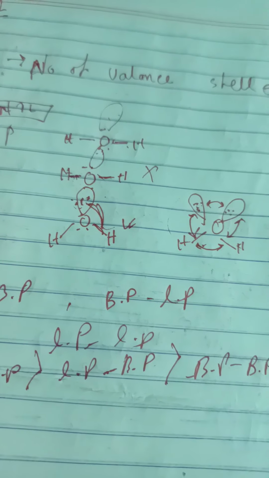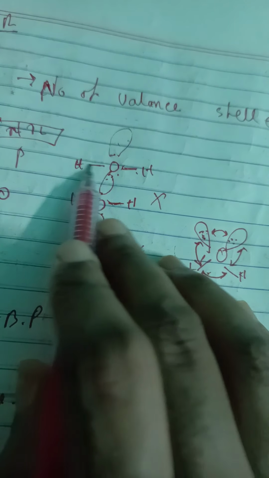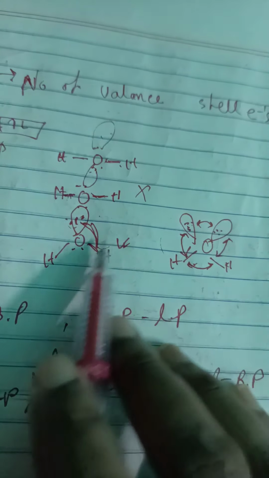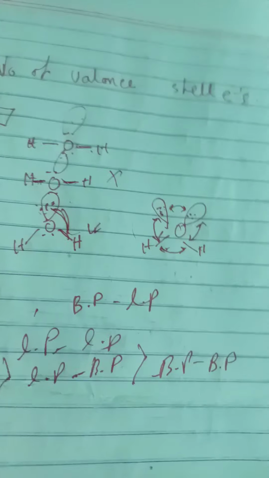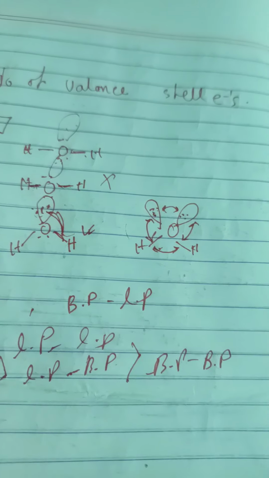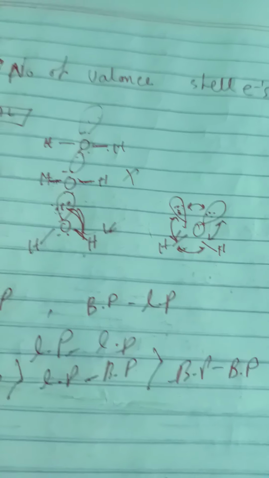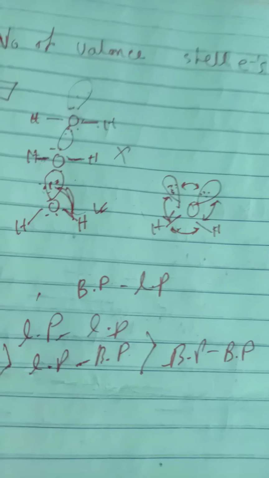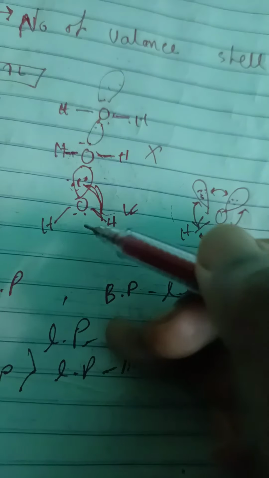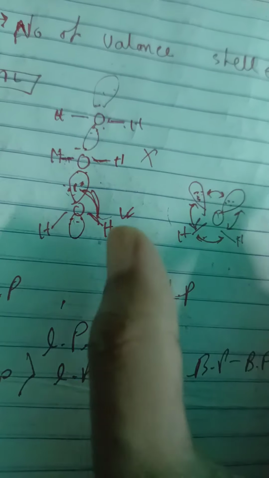Okay, so you can write any set, but the two bond pairs will not be in the same line. It will be in the bent shape. Why is the water molecule bent shaped, or angular shaped? It is called angular shape also, because here lone pair repulsion is much more, and the lone pair will push the other bond pairs to get bent.